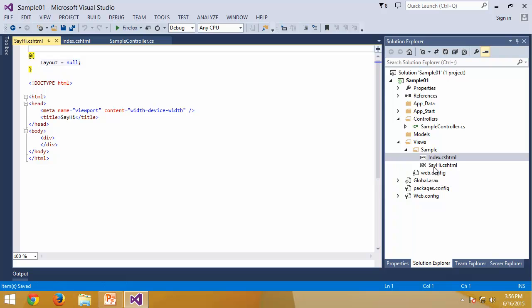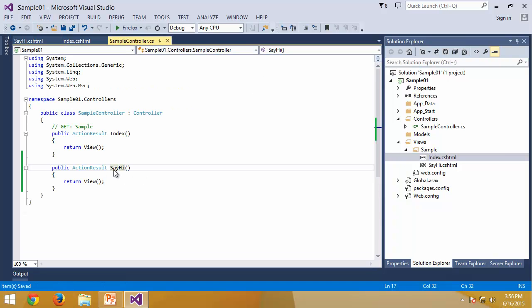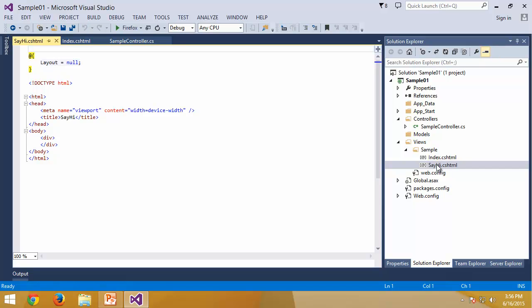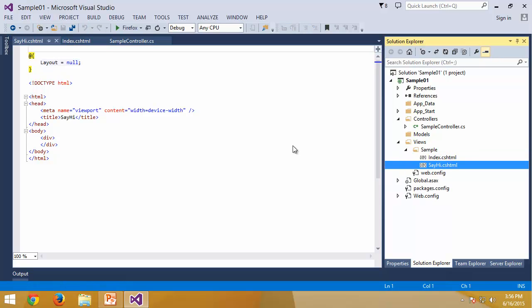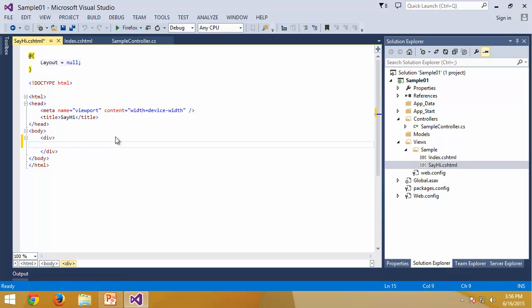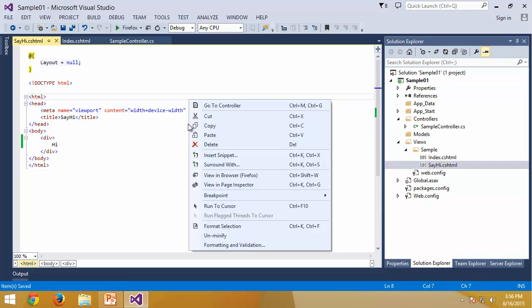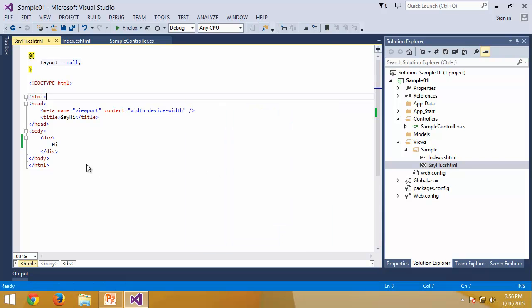And now you can see there is one more thing called say hi, which is essentially added to the same folder, because say hi is my particular action which is available inside the same controller called sample. So that is the reason inside the same views and inside the same sample folder I have say hi. So in this case I just would like to say hi. So let me test this. I go to view in browser,